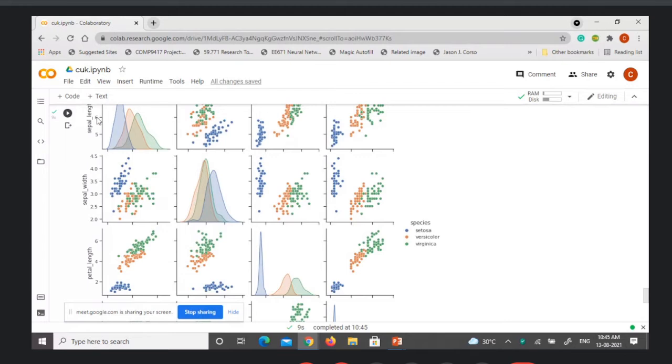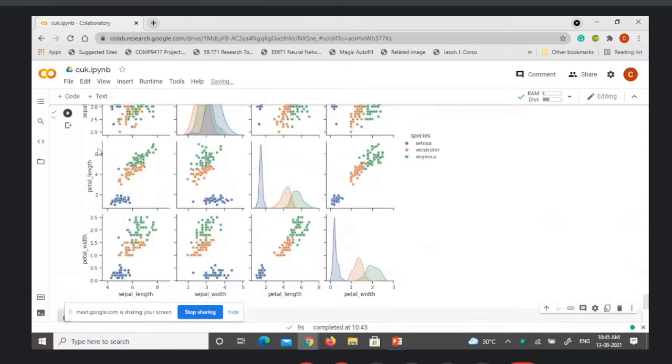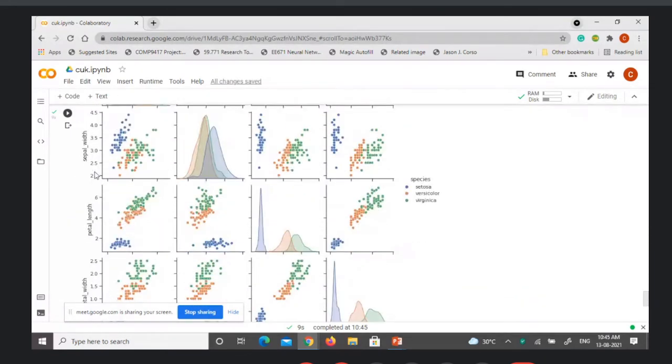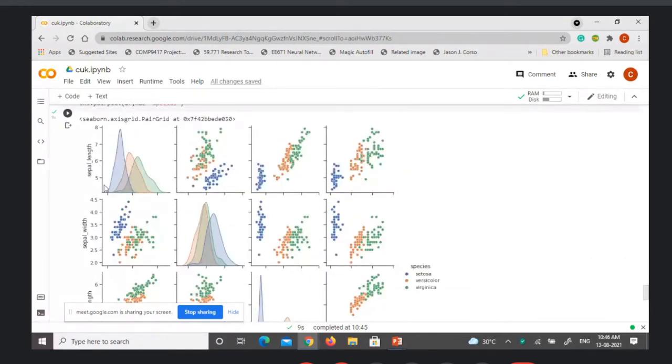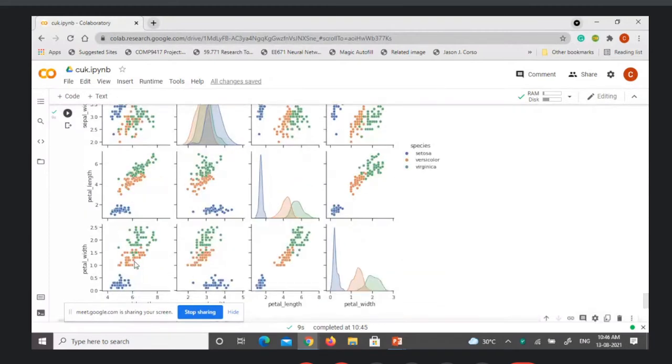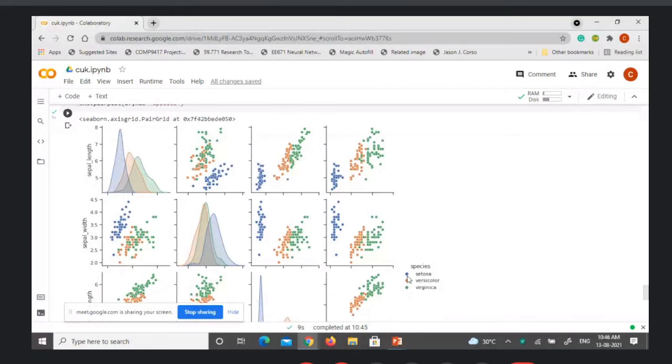On the x-axis you have the four attributes, and on the y-axis you also have the four attributes. On the principal diagonal you have bar charts, and the rest are different plots. We have a legend here: blue represents the Setosa class, orange the Versicolor, and green the Virginica.